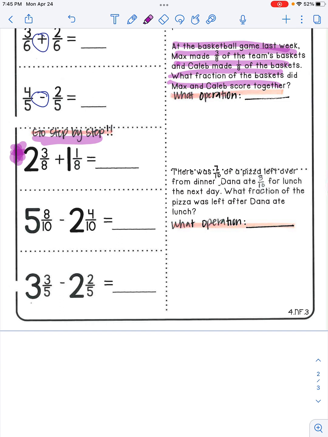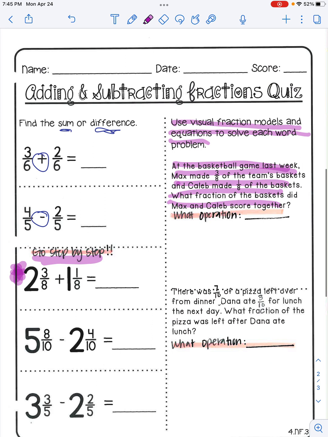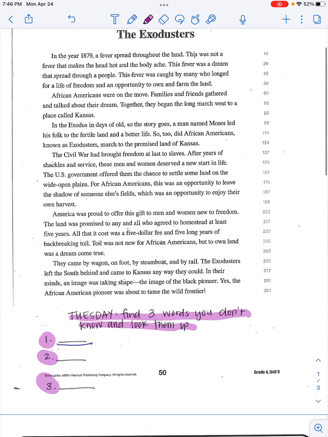And then you're going to do this one here. Okay, it says use fraction models and equations to solve each word problem. So this says what operation. So I'm wondering if we don't want you to solve it, but we want you to tell us what operation you are using. But if you can solve it, go ahead and do that as well. So we'll take a look at that one. Okay, so Tuesday, let's go ahead and start reading the